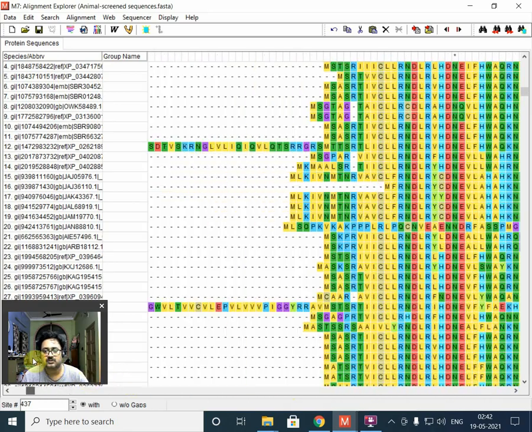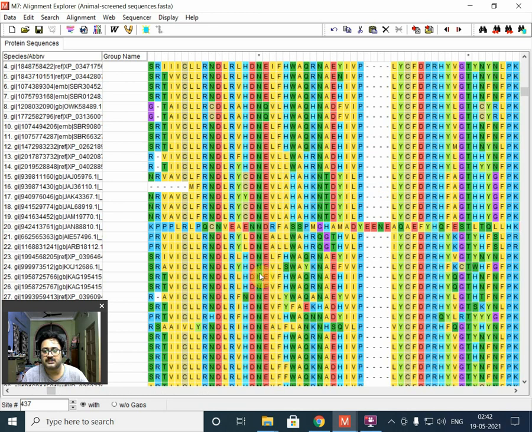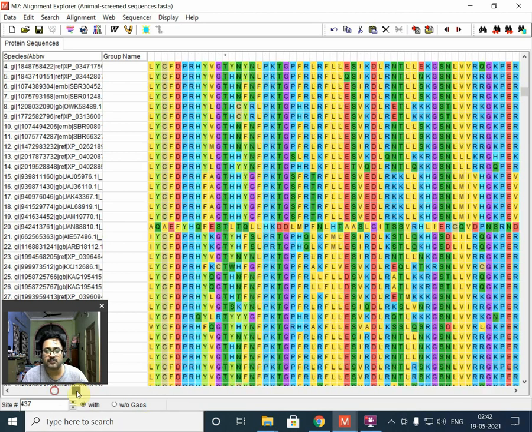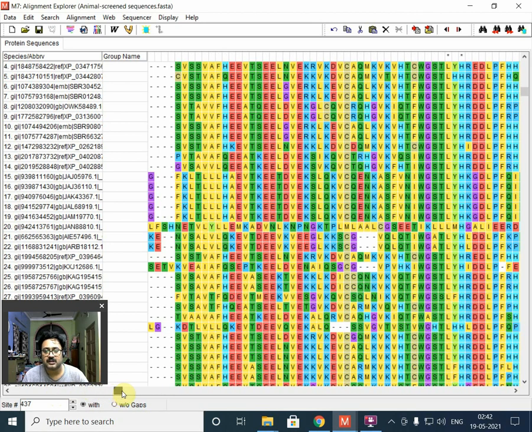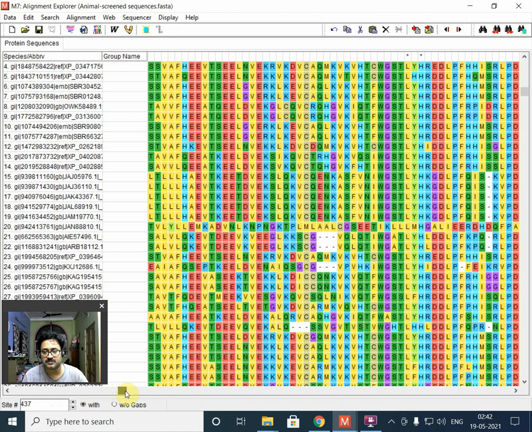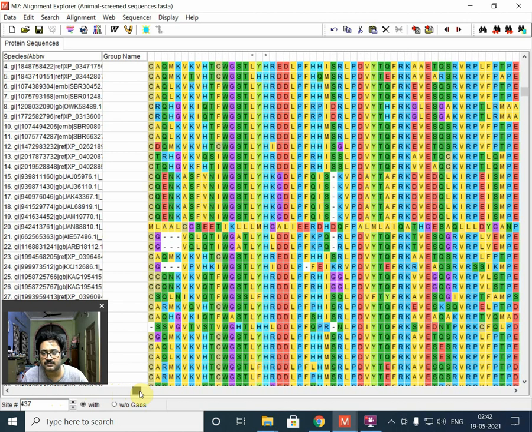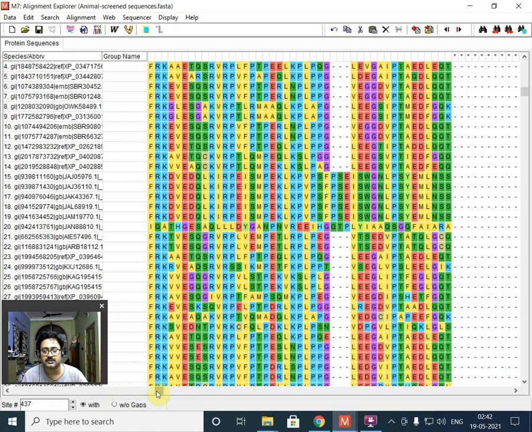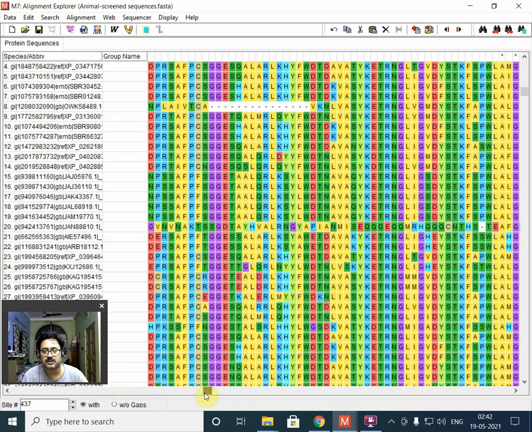Now, as you can see, this particular species over here has almost zero similarity with any of the other sequences. Although there is some similarity, for the maximum of the amino acids they are different from the rest. If you scroll through, you can separate out this line, because it is quite different from the others.